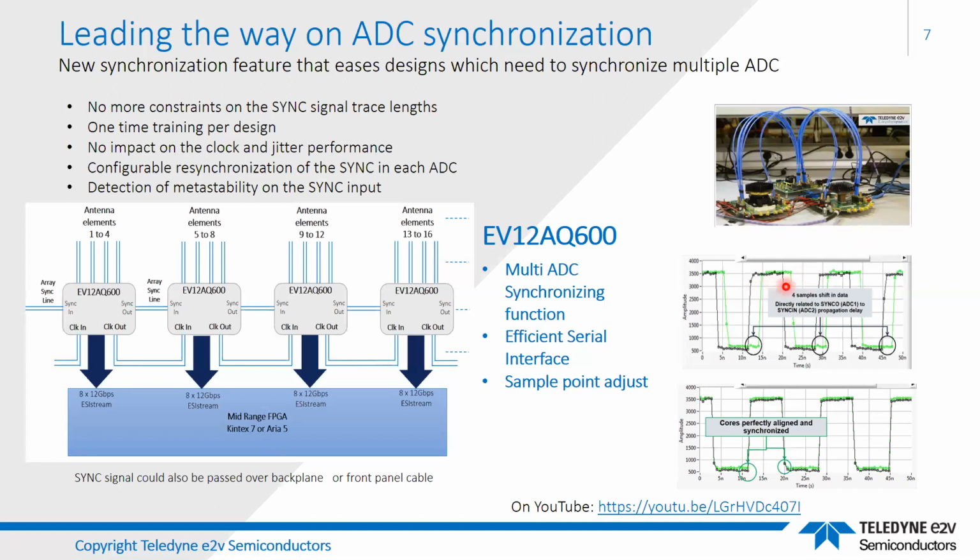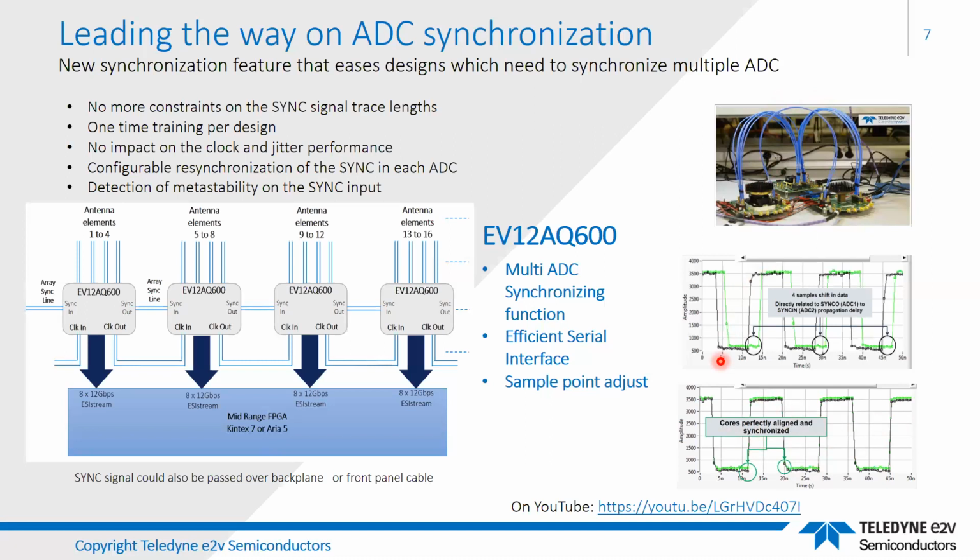The two cores don't have the data coming out at the same time, and the delay between them is down to this cable that goes between one ADC and the next ADC. Once the training procedure has been performed, the data is perfectly aligned and synchronized. And you'll see on the video that we did quite a lot of measurements of the robustness of this